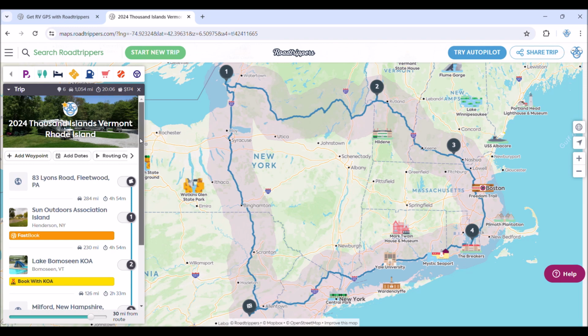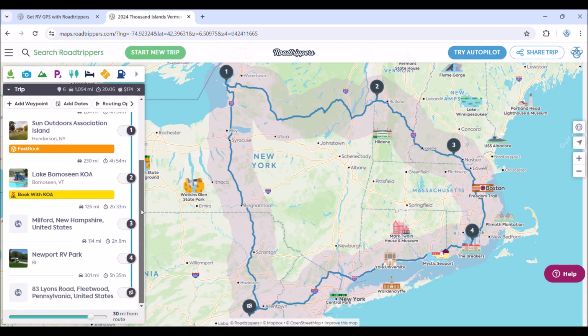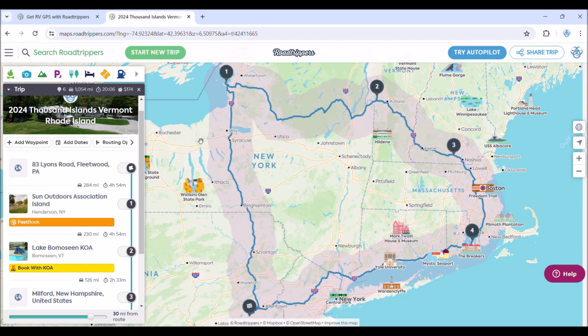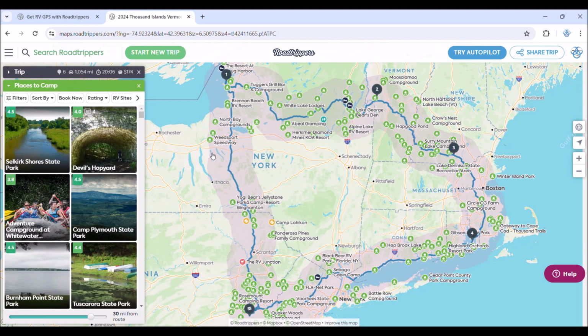So in this particular trip, if I wanted to look for campgrounds, I would click on this button. And then on the sidebar over here, you can see it lays out the trips of where I'm going to be. So let's say I wanted to add a campground along this route up to New York. I could click on campgrounds, and it's going to list all those places along the route that I could choose. So if I wanted to stay at Yogi Bear Yellowstone Camp Resort, I can click on that one,